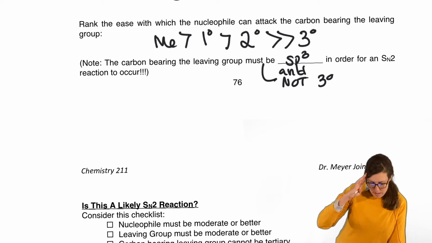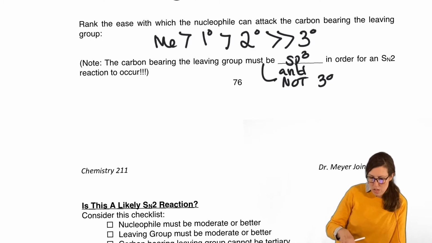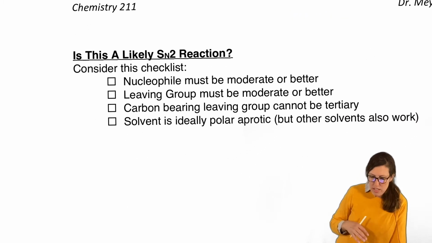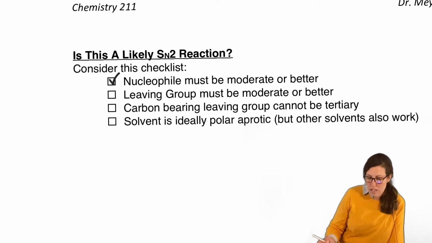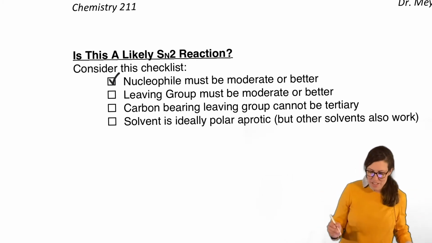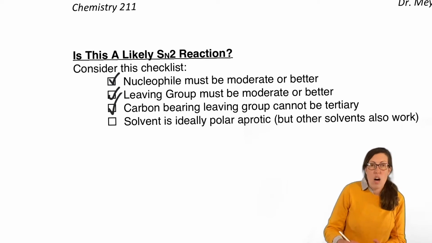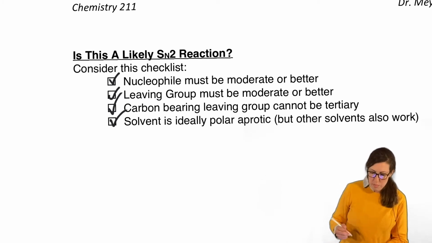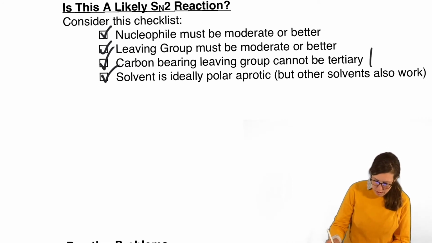Okay, so now when we're trying to decide, is an SN2 reaction going to happen? You kind of have a checklist to go through of all those conditions that help you decide if that would work. Well, you must have a good nucleophile, right? Moderate is considered pretty good or better, or strong. Same with the leaving group. The carbon cannot be tertiary, and all solvents will work. But if we get to pick it to go faster, polar aprotic is better. So what I'm going to mention here is primary and secondary are good.